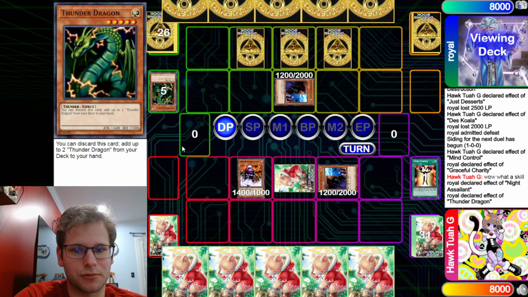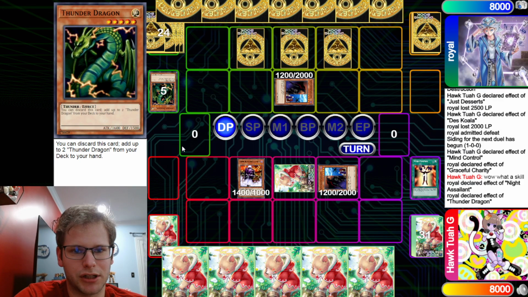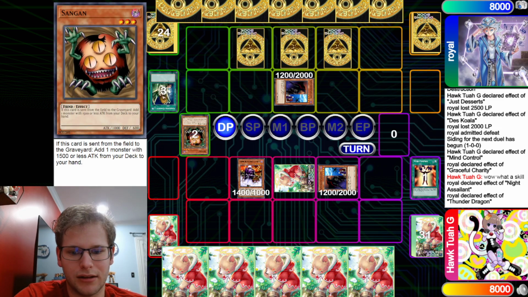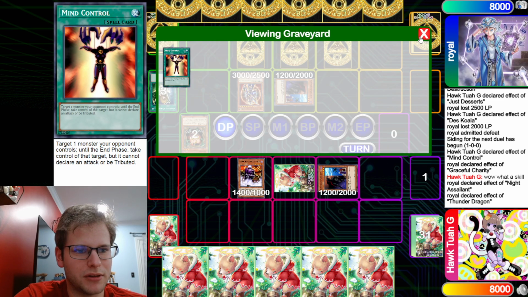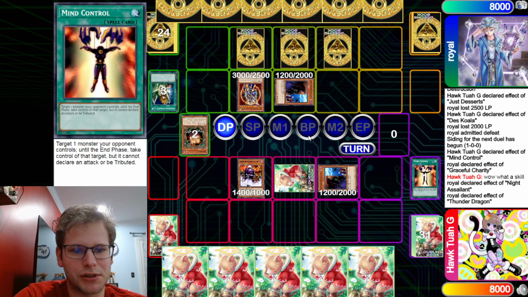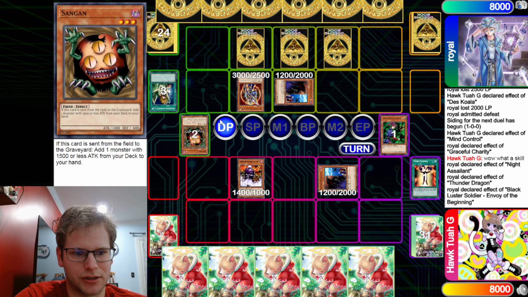Thunder Dragon here as well. Going up even more cards. Must have drawn that off of that Graceful Charity. And now that gets the light engrave that they need to summon out a Blackluster Soldier, Envoy of the Beginning. No back row here, so you are free to just go ahead and do this. You have a lot of options here. You could go attack over the Spy, attack over the Dekoichi. You could banish the face down if you're worried about like a Des Koala burning you for a bit. Plenty of choices here. They're just going to go for the safe one, banish the set monster, which is a